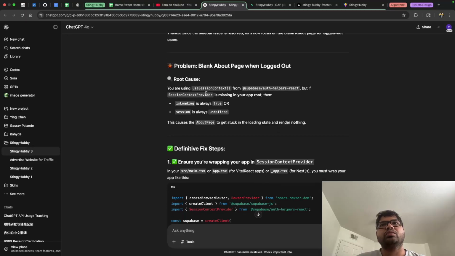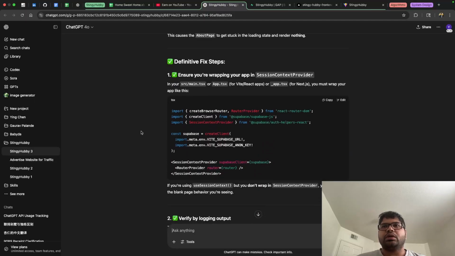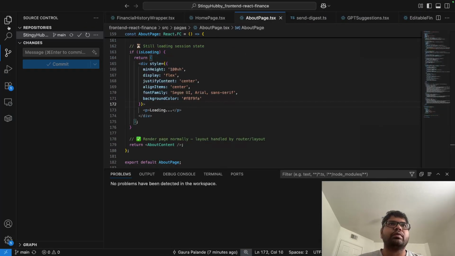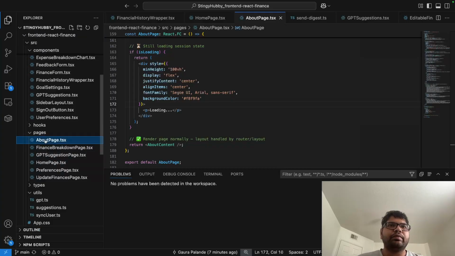Root cause is you are using useSession context, yes, from the React, but if the context provider is missing in your app root, then isLoading is always true or session is always undefined. This causes the about page to get stuck in the loading stage and render nothing. That does look like the symptoms. That is correct. What ChatGPT is talking about. Ensure you are wrapping the app in the session context provider in your main.tsx. So let's look at the main.tsx. If it's pointing us over there, we should have the